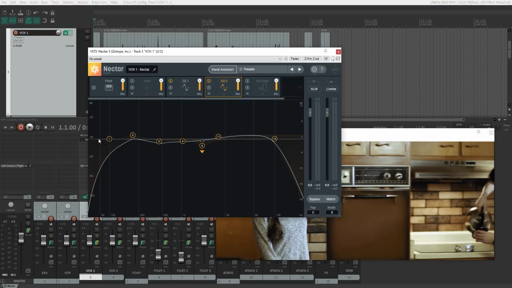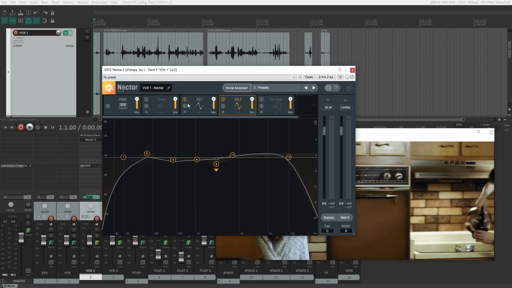Now, the next thing I have here is this Nectar. This is a vocal tool created by Isotope. What I have it doing right now is just a bit of EQ. So I have this EQ just reducing a couple unwanted resonances, and then I've got this broader EQ just kind of shaping the overall tone. I have a whole video on EQing vocals, so if you want to learn more about how to EQ dialogue and vocals, I'd recommend going to watch that video. The only thing I'll point out, because I don't think I talked about in that video, is I have this